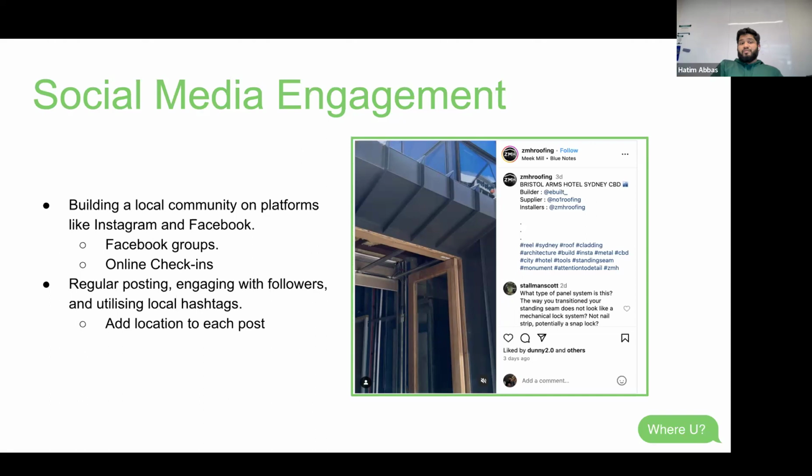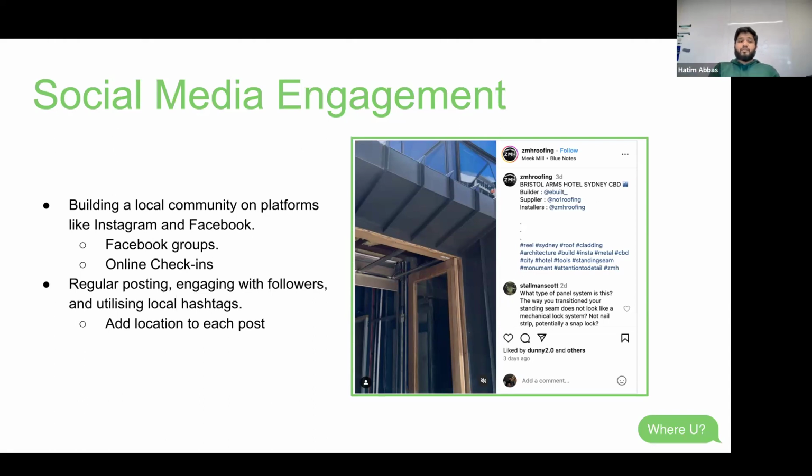It's very important. And Facebook groups, for example, if you're someone in the construction business, or within any other B2B circle, you can always create Facebook groups or online groups on WhatsApp or whichever social media platform you want to use. And that creates engagement. It also creates a good network between your customers and, once again, builds trust with you as a business.